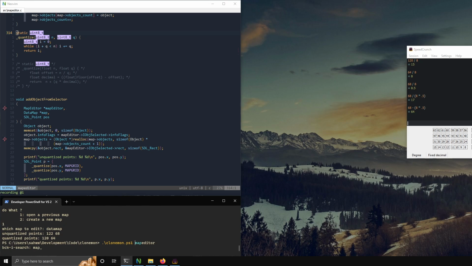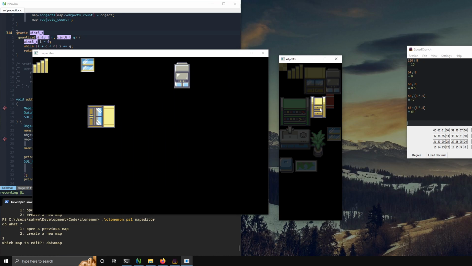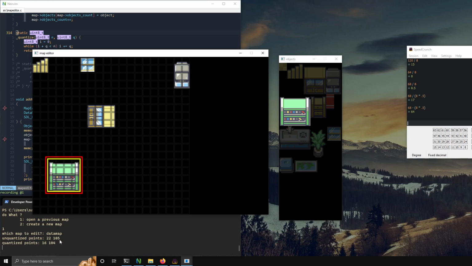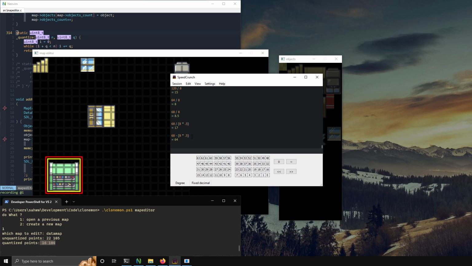So in this case here, I'm going to show you just the game, or not the game, but the map editor. So this is kind of what it looks like. I can select from the objects, the highlighted ones are the selected, and then if I go over here, I just put my mouse cursor over an area, then hit the add object button. It'll add the object, and it shows these are the quantized points. So this is the points that I added it to. And this is the original unquantized points. This is where my cursor was at, but it quantized it to here so that it would be within the grid, which is quantized